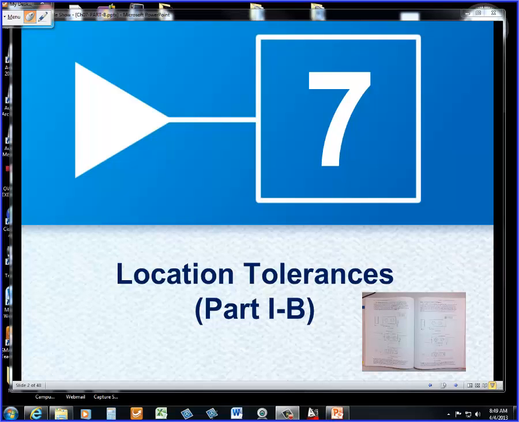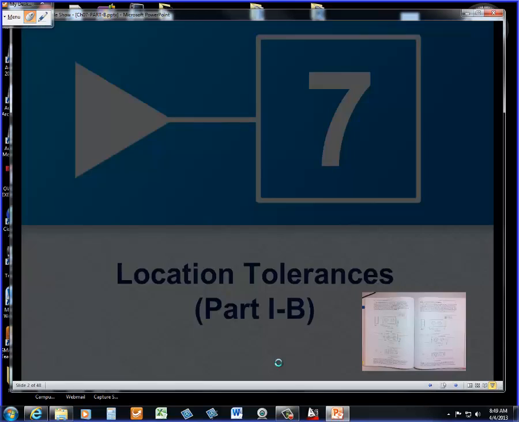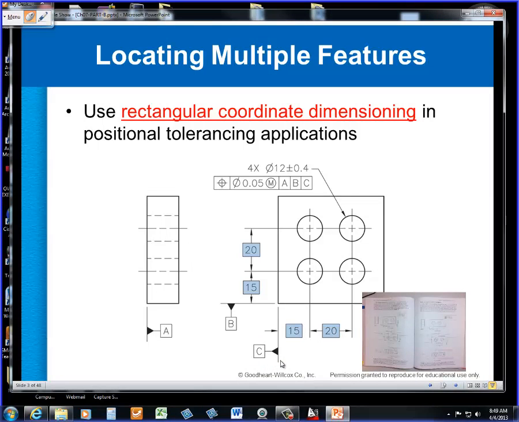Alright, this begins our second part of looking at location tolerances today. Let's see, get my technology running here. In this portion of the chapter, of the topic, we're looking at multiple features and composite features as well, the